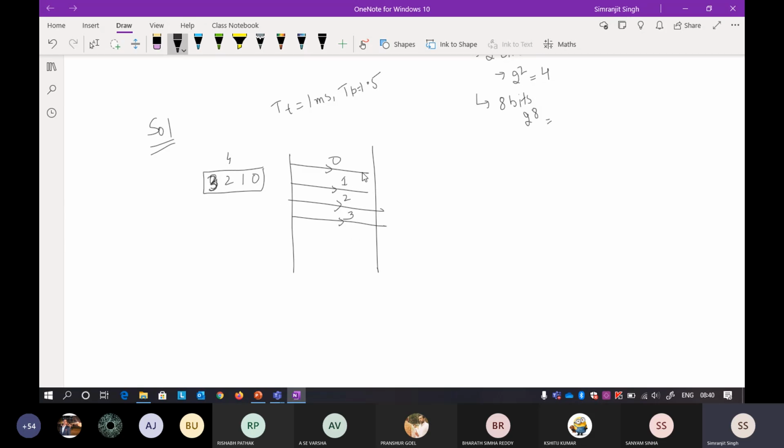Now when you get the acknowledgement of the first one, your window will move, and now it will be moved to 4. By the time you receive the acknowledgement of the 0th packet, you are already ready to transmit the 4th packet.